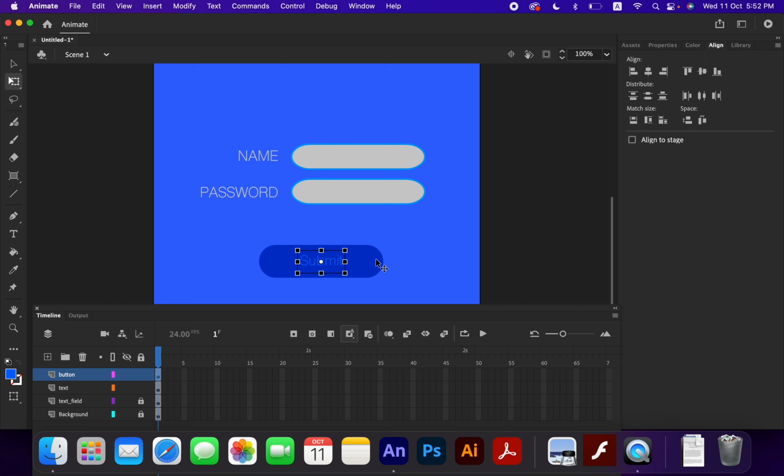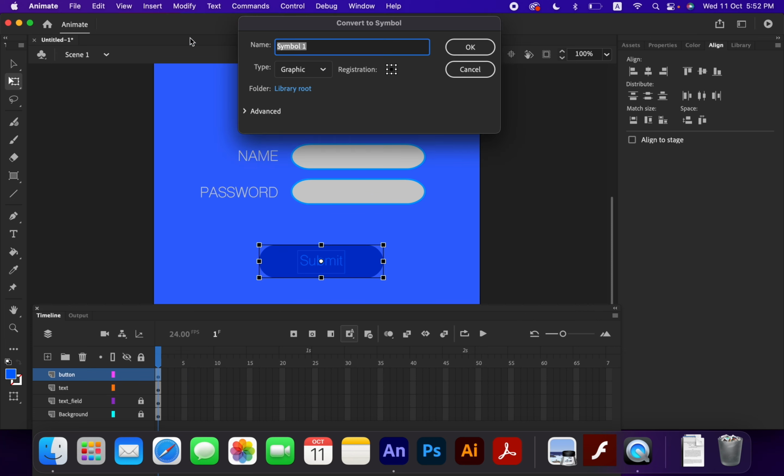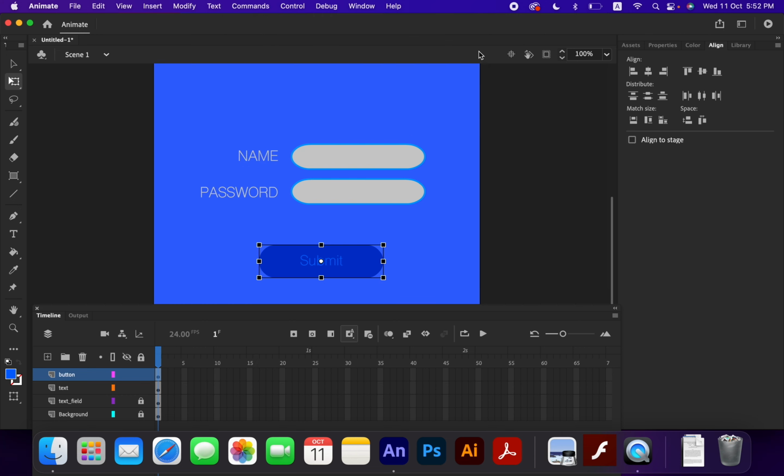to convert this button into a symbol. So I'll select the whole thing, making sure that I'm on the first frame, and I'm going to go to modify and convert this button into a symbol. So I'll just say okay, button, graphic, registration in the center, click OK. So now this button is a symbol because I'm going to use a classic tween later. Okay, so now